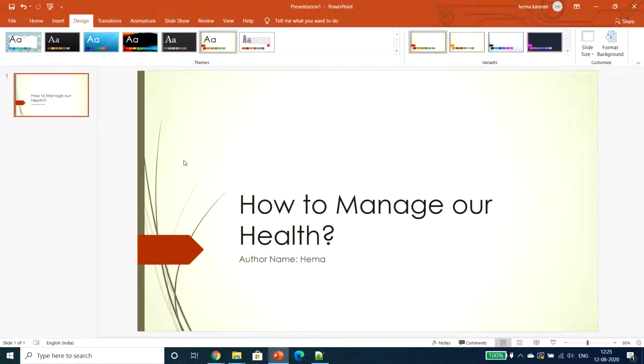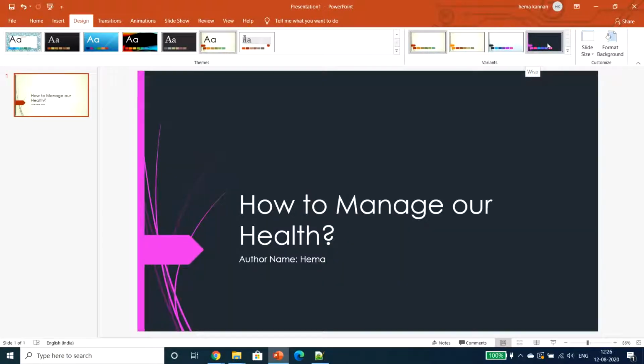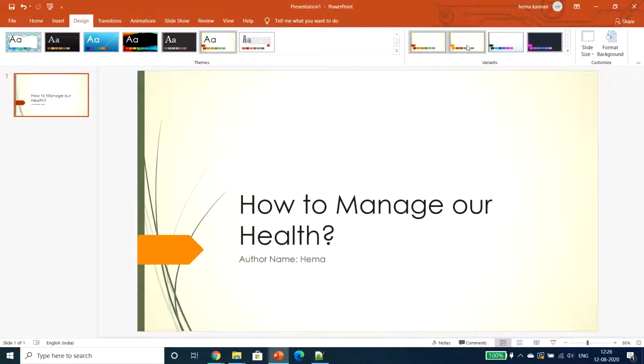So I am going with this design. Okay. For this design also, if you see, some variants will be available. By default the selected theme will be marked as selected. As you can see the difference with the other slide, whenever we hover, the design will be changed. Once I hover here, see, the color will be changed. The same theme is maintained and the color has been changing. This is good, right? So I am going for this design with this variant. This is it.